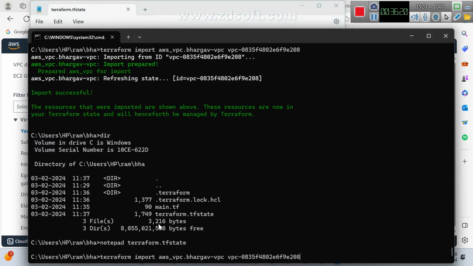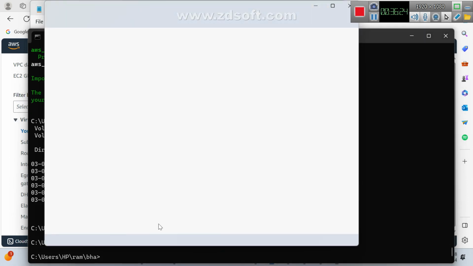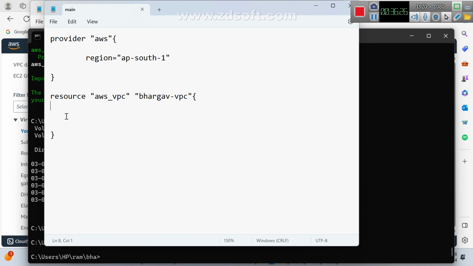Where do I need to enter? That is the main file. In Notepad, main.tf, there you need to paste it. Now, the backtracking method: there we are going and searching, there we are adding. Step 1 is clear. Step 2, I think you know. What is the step 2 you need to add? Please respond. The CIDR block.